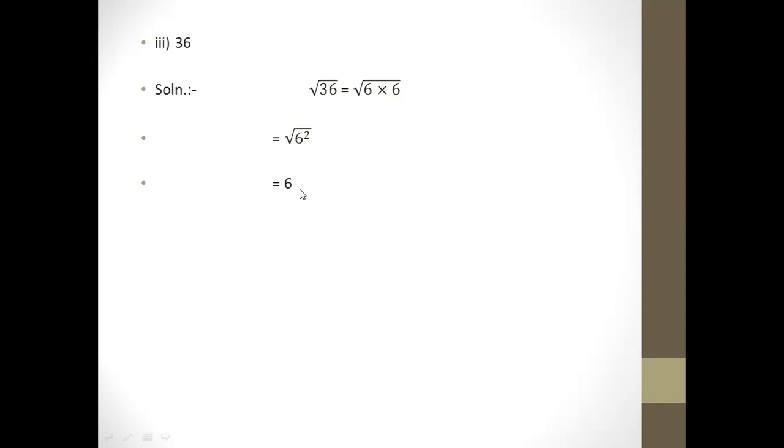Now come to the next part, the fourth part. The fourth part is 25 power 2. This means there is no need to factorize this 25, because power 2 is already given. So directly you take the square root of 25 power 2. Square and square root cancel each other and you get the answer 25. So these four parts are included in your scheme of study in question number 1: first, second, third, and fourth parts are included.